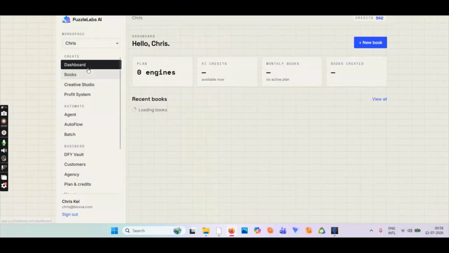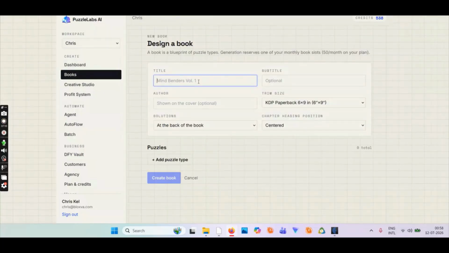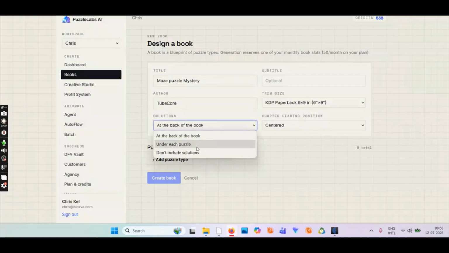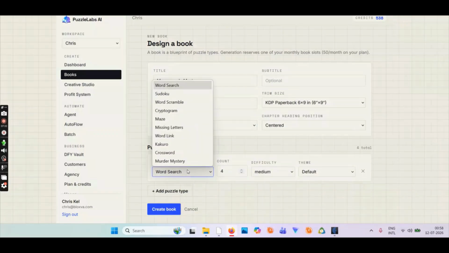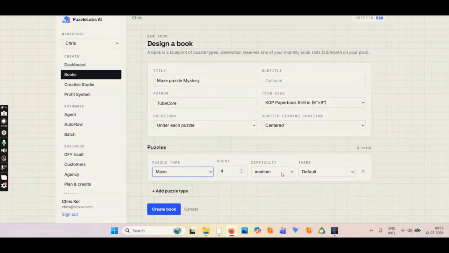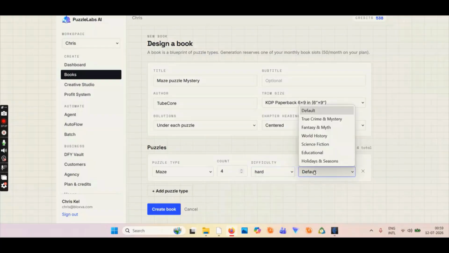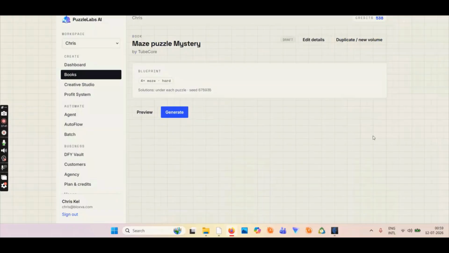So let's go to dashboard again. Let's click on new book. Just puzzle. I'll just try to keep it short. TubeCore. I'll say maze puzzle. Maze puzzle mystery. And that's it. That's under each puzzle centered at puzzle type. Let's type in maze. Yep, and then difficulty is hard. Default is it? Yeah, let's keep it default. Let's click on create book, and generate,